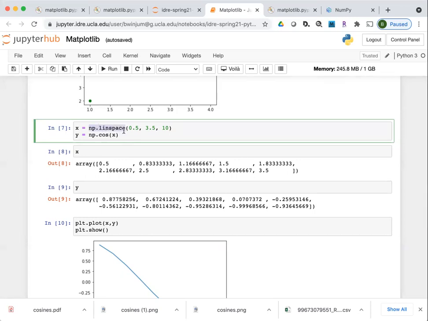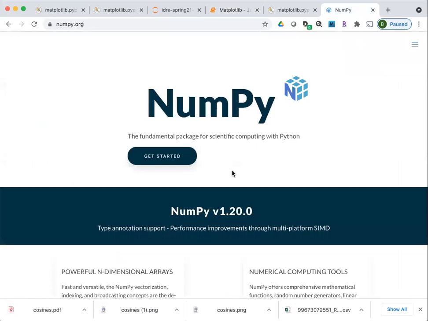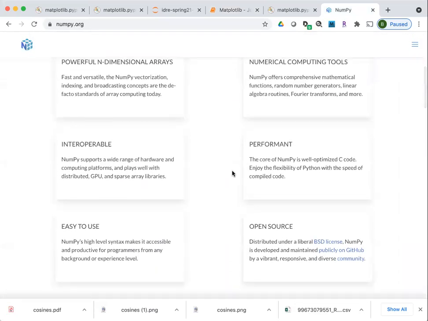In addition to having the array generating capabilities, it has a variety of mathematical functions which allow you to do numerical computing with NumPy. So something like cos is the specification for taking the cosine of a particular value or a NumPy object, like the NumPy array here.